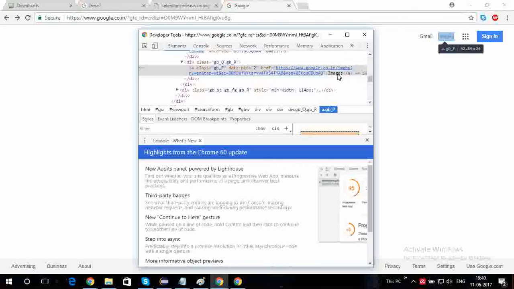How to find the XPath of this web element? There are 2 ways. One is based on text, that means a tag whose text is images. Another one is based on attribute: a tag whose class value is GB underscore P, or else find a tag whose data PID is 2, or else find a tag whose href value is this much big,